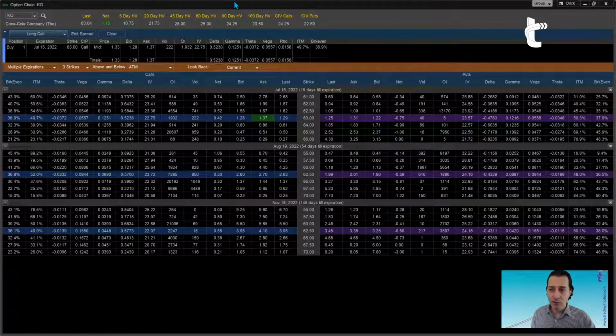So our options chain is designed to be very useful, but also with the purpose of displaying data, not being a tool that we use to manipulate data. Okay, so keep that in mind, since certain platforms have customizable columns and things like that. I mean, not that it's a bad feature, but in this case, given the nature or the thinking behind this tool, it would be a feature that is not necessarily needed.